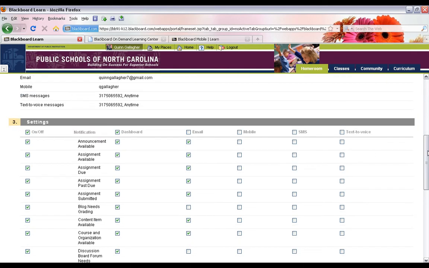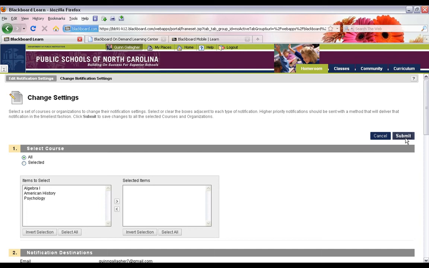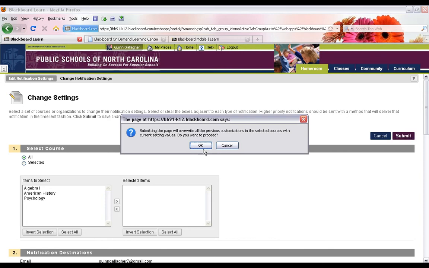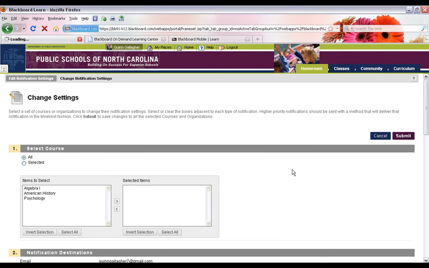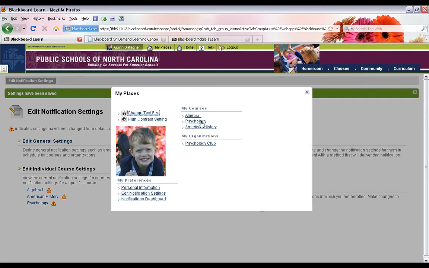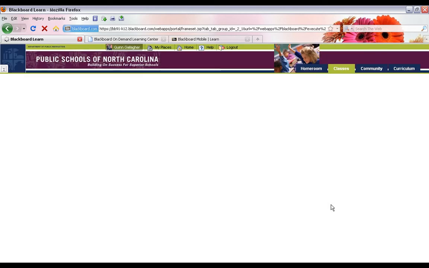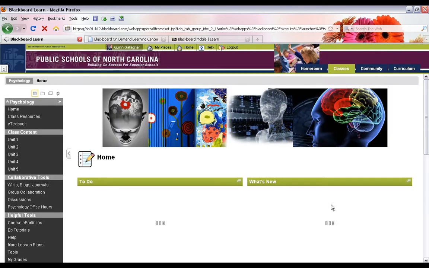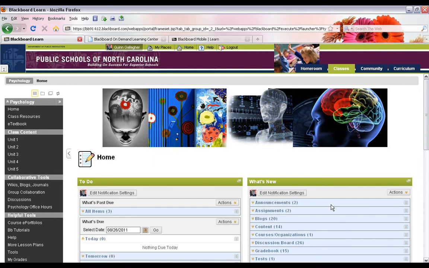He can also do text to voice. This is leveraging our integration with our Blackboard Connect product. So now Quinn is set up to receive text messages when the test is available for him to take. So when he logged in, he also saw that he needed to work in his psychology course on Unit 1, Topic 1. So what we're going to look at is this perspective of a course from the student so that you can see how in Blackboard Learn,